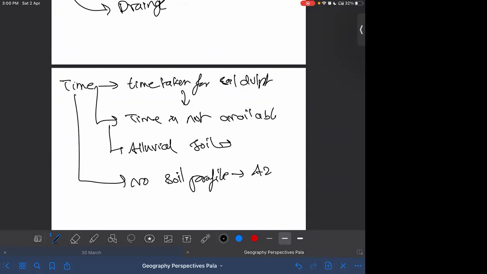So there is a zonal arrangement of soil, different layers of zones. That is, horizons of soil are absent. Such a soil would be azonal soil. So these are the factors. Time is not an active factor. Time either allows the climatic factors to act or does not allow them to act. So that's the role of time. This is how we can see the different factors affecting the formation of soil.